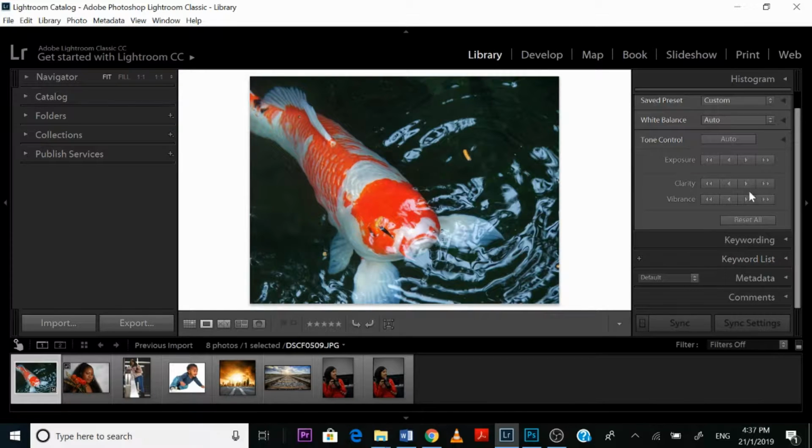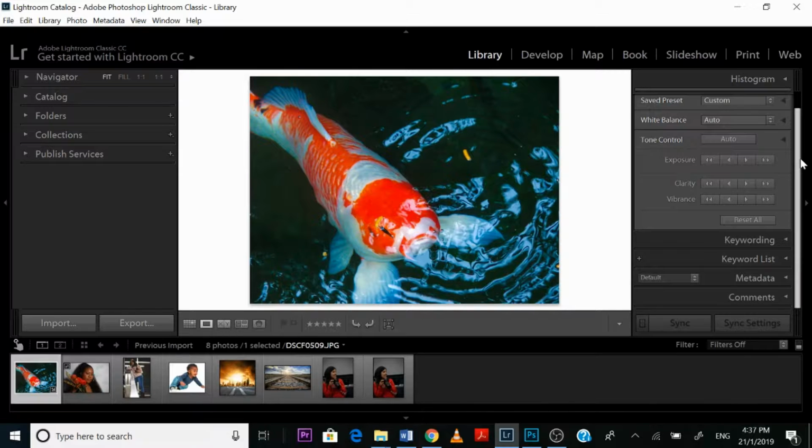So when you increase the vibrance, you can see that all the tones and all the colors that are in the picture start to be a bit more rich. But you should be very careful with the vibrance setting, because it can make your picture look a bit artificial or very much unrealistic. So we want to be very careful with the vibrance tool. So those are the main three settings that you're going to be choosing to set the tone for your image